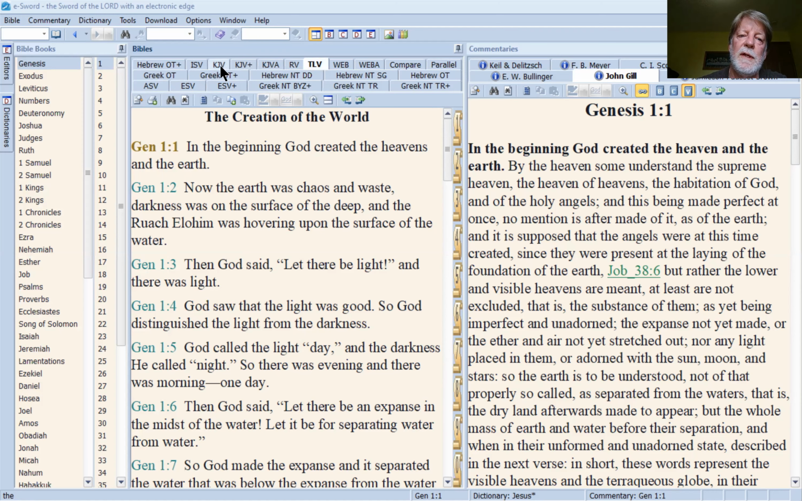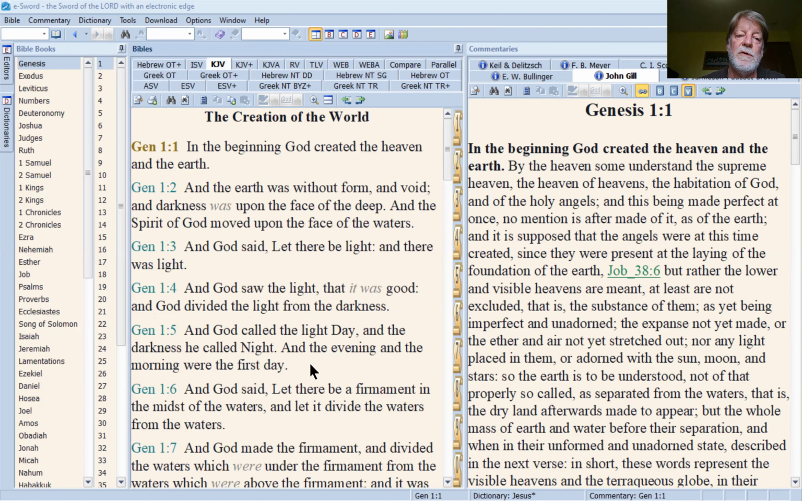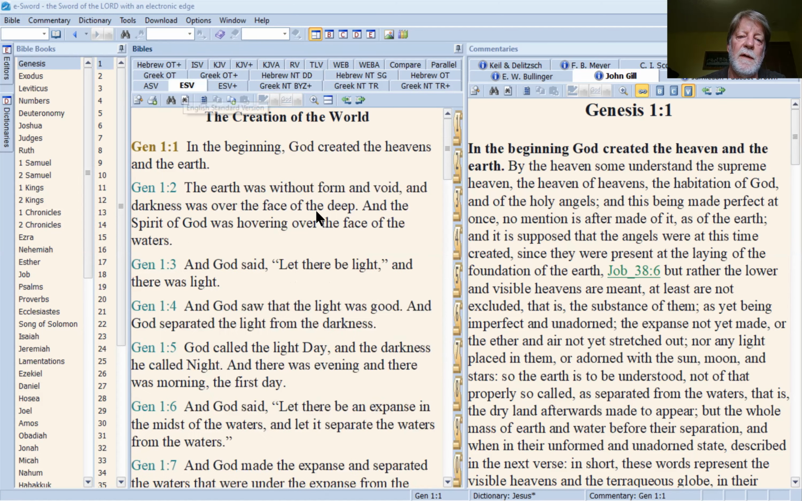I have the King James version of the Bible. There's the old King James. I have some more modern and up-to-date versions. There is the ESV, or the English Standard Version, that has come out recently and is very popular. It's an excellent translation of the Bible. Some other things that I have available here are